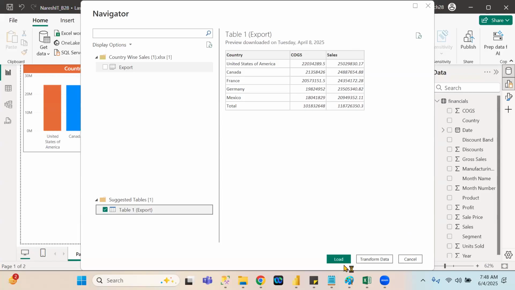Load, transform data, cancel. Okay. Load means whichever data sets you have selected, those related data sets are loaded into the Power BI model. Suppose, for example, if you want to do any modifications on the data sets you selected, you must go to transform data,